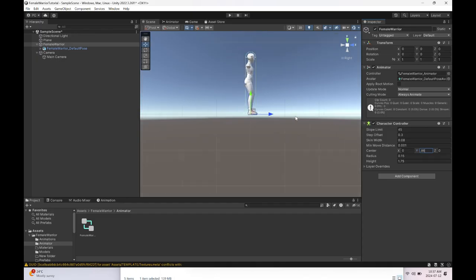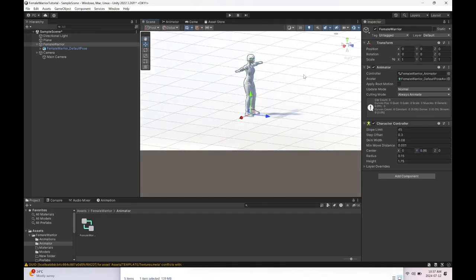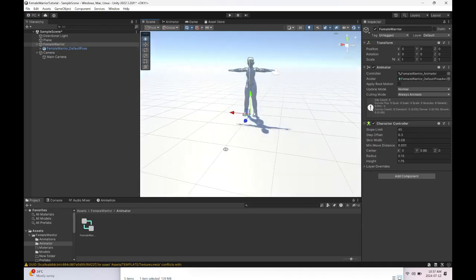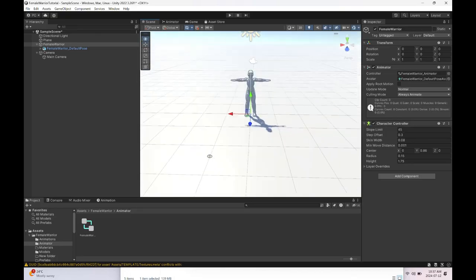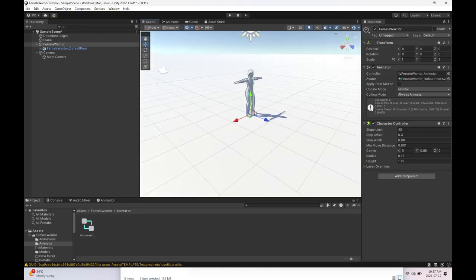That should be good. So if you're Maya users, the controls are the exact same as Maya. And with that done, I'm going to